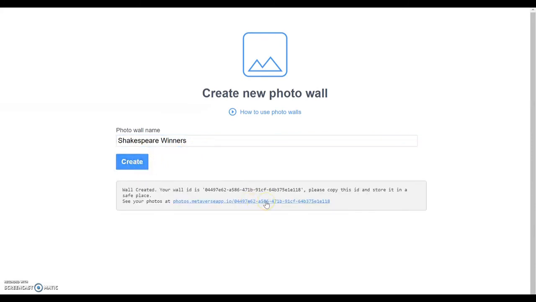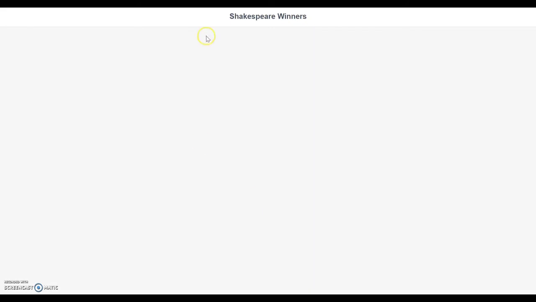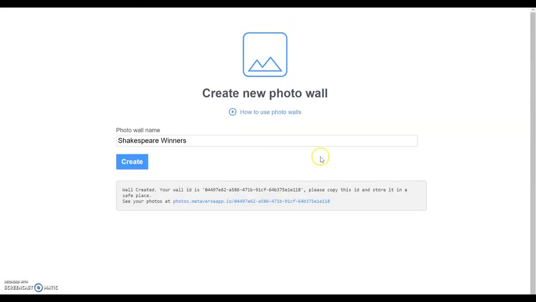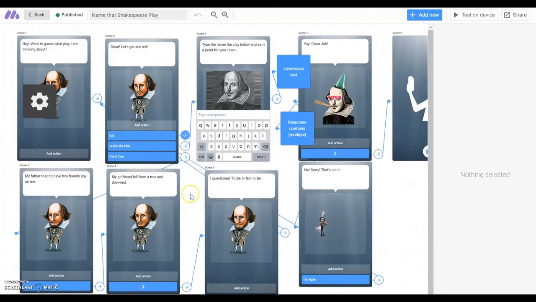Now I need to open this up, so I have this tab opened, and then I also need to be sure to copy right here between those quotes.